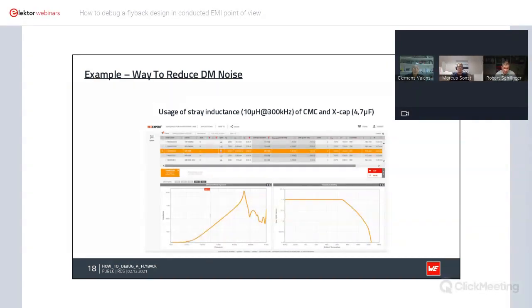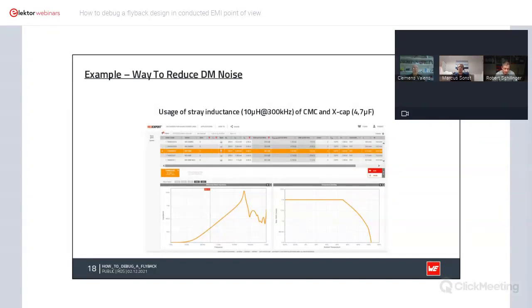Now I start a little trick to remove the discrete LC filter and use only a CMC in this case, because every common mode choke brings you a so-called stray inductance. And if you use this stray inductance together with a kind of X2 capacitor, or capacitor in this case, then you can build a similar LC filter, but without